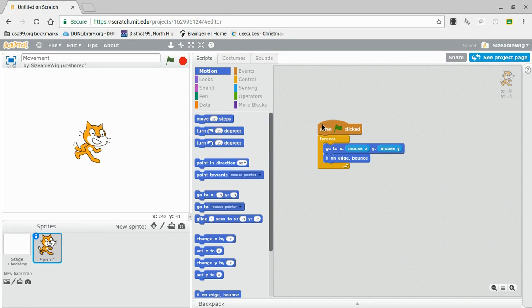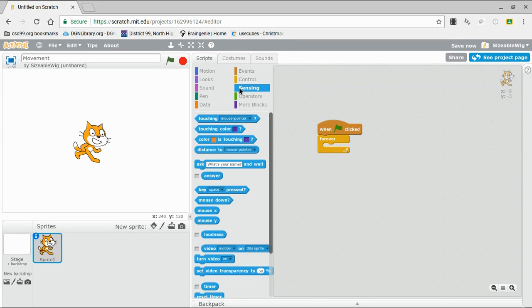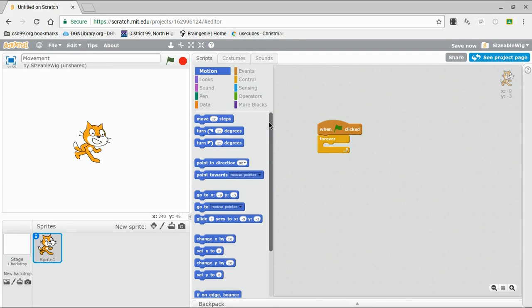So there are a few other ways. I'm going to show you another way of how to get the cat to move. If we go to Control and then drag out forever, and then we want to drag out the if, and go to Motion and drag out point towards mouse pointer, and then move 10 steps, and we want that move 10 steps to be below the point towards,